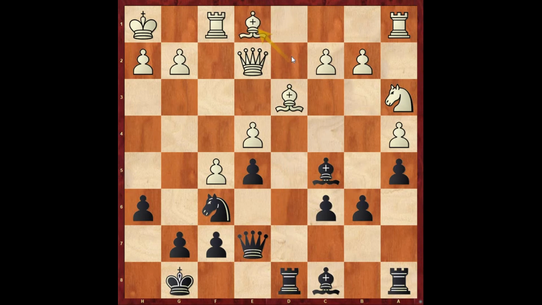Bishop e1, and a brilliant strategic concept by black. Bishop takes a3, rook takes a3, and he moves c5. Now, why does black give up the dark square bishop? What is this about? The idea is